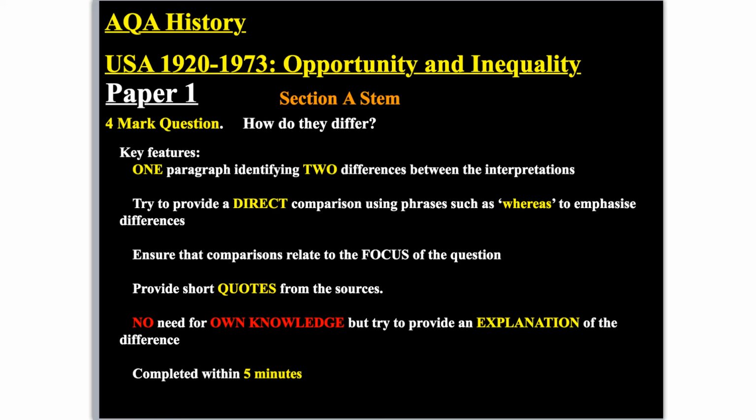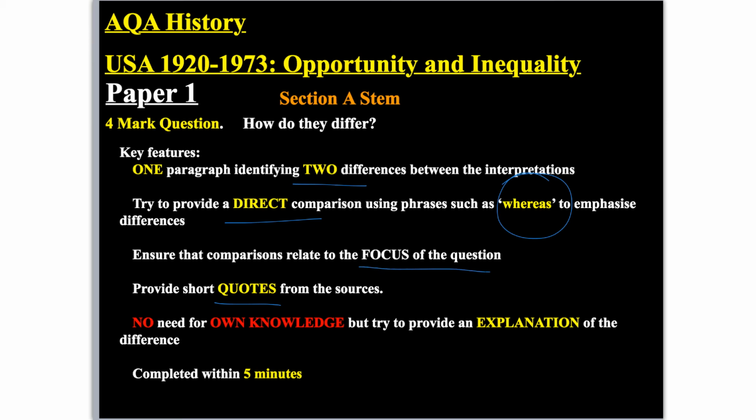So just to conclude, we'll return to this summary of what you've got to do for this type of question. It's the first question you'll face in paper 1 section A. So it's a fairly straightforward, they want to ease you into the exam, fairly straightforward 4-mark question. How do the two sources differ? You'll have seen that I've identified two differences. There is a sort of direct comparison using this phrase whereas, and trying to make sure that you've got interpretation A suggests, interpretation B suggests, and then perhaps using quotes, but if not quotes, then key phrases that you can see in the actual sources, making sure that you compare them based around the focus of the question,